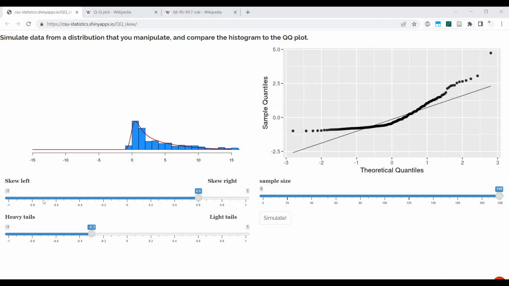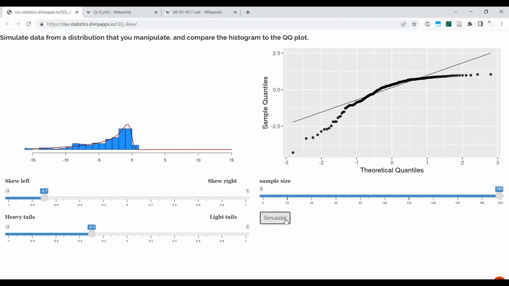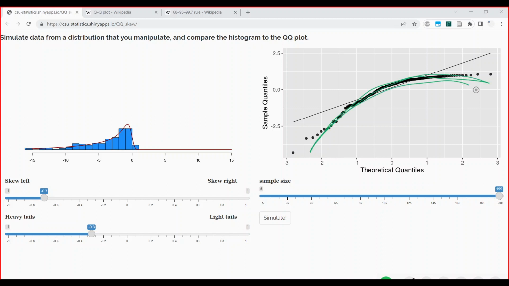Let me go ahead and switch the side. Here, we'll do left skew, and there you go. Now this is just switched. So now in the vertical direction, on the top end, the positive end, these data points are almost on top of each other. And then on the left end, you see they are further away from the center, further away from the line than they should be. So like these values over here,